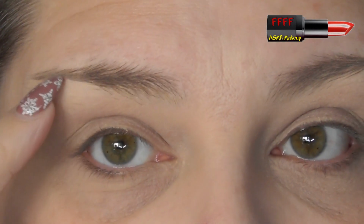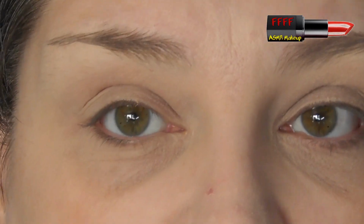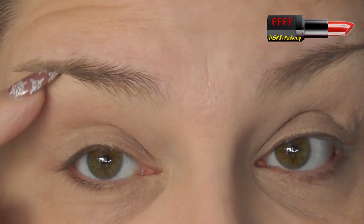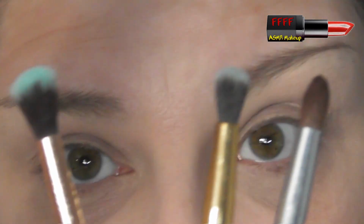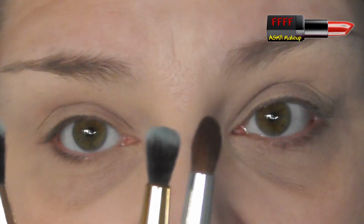If you've not got much space here, either because you have low eyebrows or because you've had to raise your crease, initially raise your eyebrows. You'd be amazed how much space that does actually give you. If that doesn't give you enough, then don't start with this brush. You need to start with this and then move down to